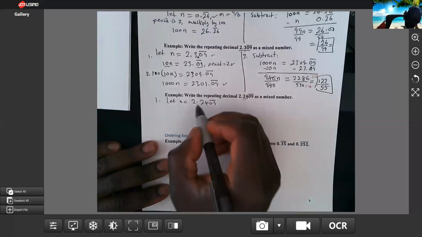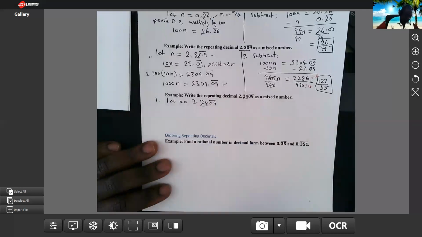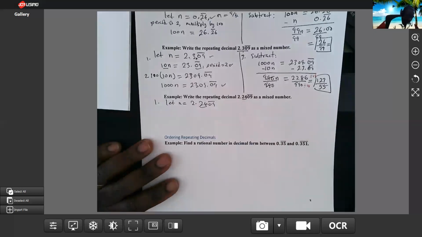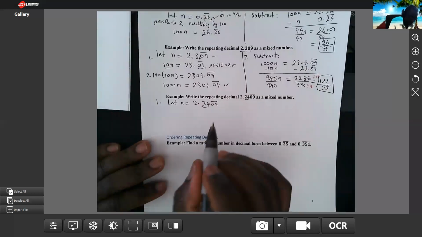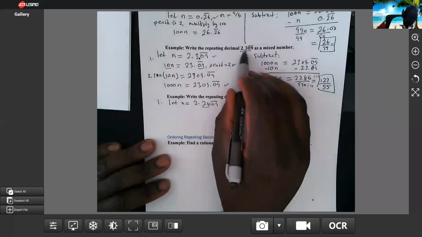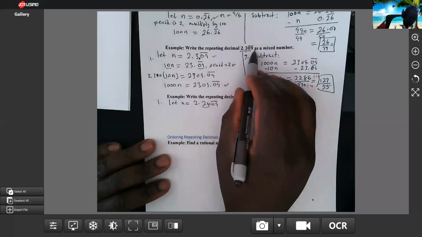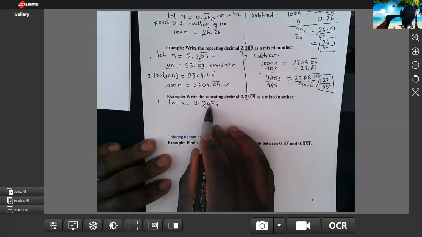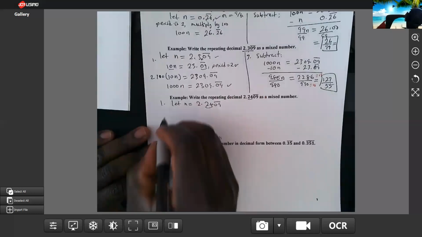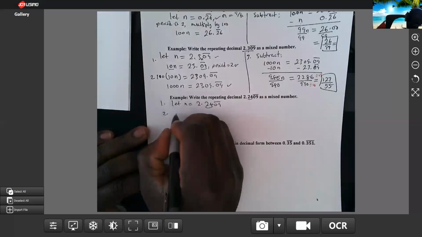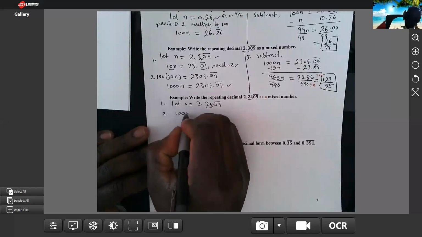Since you have 2 digits before the repeating part, you multiply by 100, not 10. Because here it was only 1 digit before the repeating part. If you had 3, you multiply first by 1,000. So you multiply by 100, 100n equal to